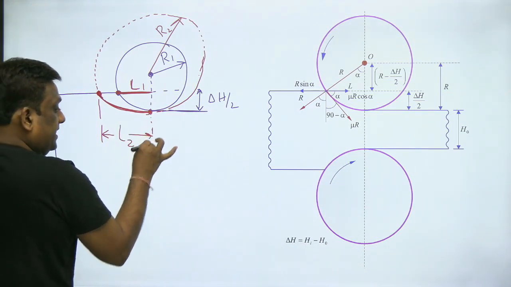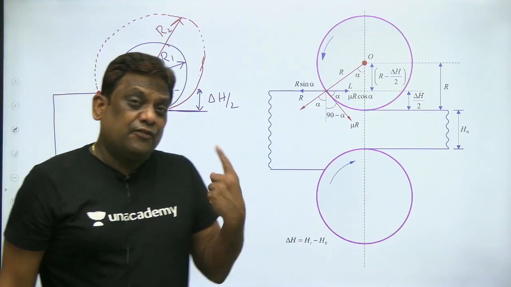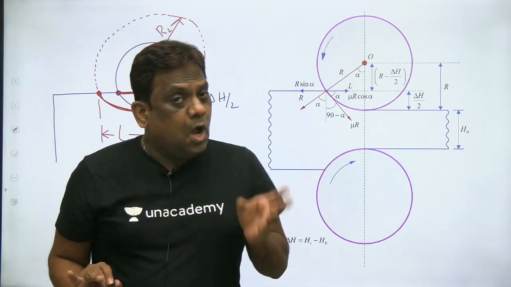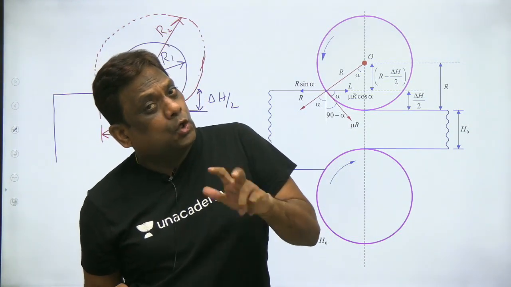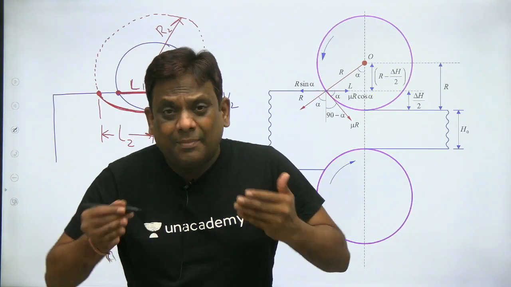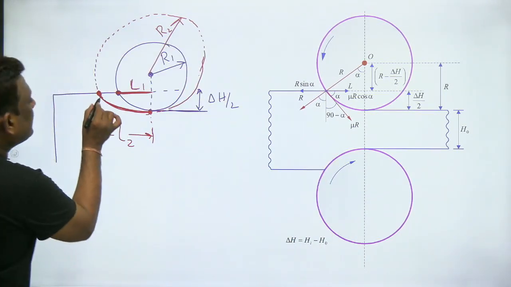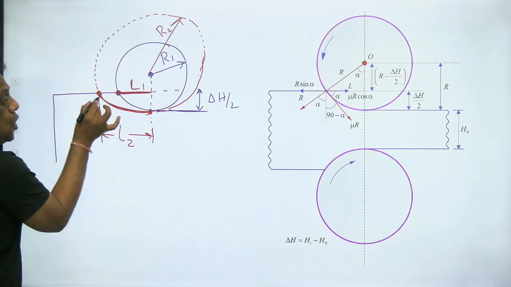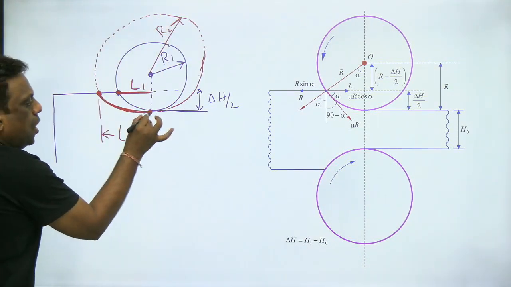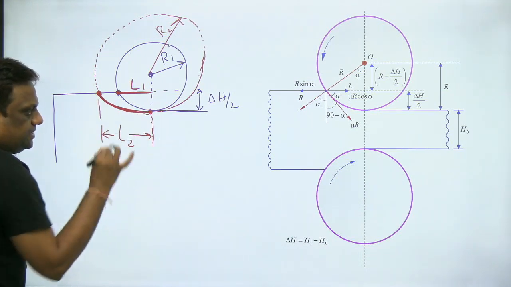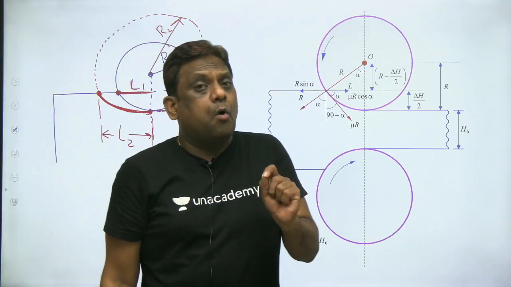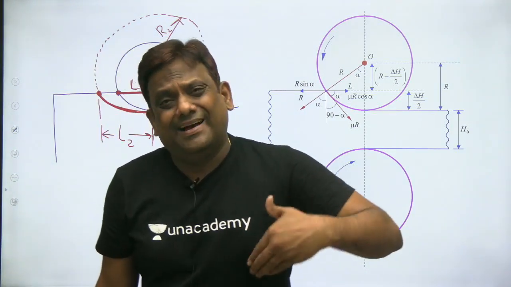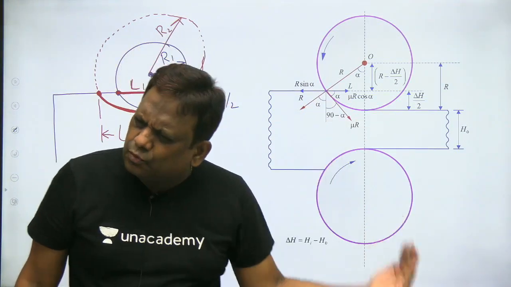So we will be seeing the influence of roll radius on roll separating force. Right now we have not discussed roll separating force. What is the influence of contact length on roll separating force? All these will be seen, but these are fundamentals. So if I am increasing the radius of the roll, the contact length is increasing. This is one of the important observations to be made. I'll teach you its consequence in my next class or after some time.